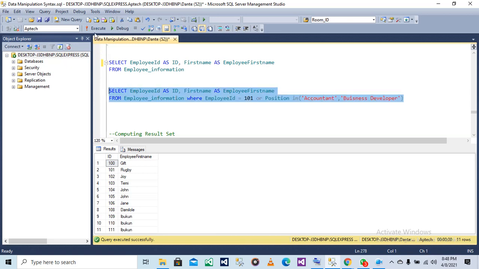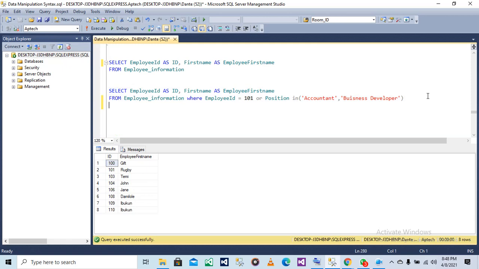So let me run this. So all these results, I'm sure this is the employee ID with 101. Then all these other ones should have position in business developer or accountants. We have a lot of accountants in this table. So do you have any question for the AS keyword before I move on?